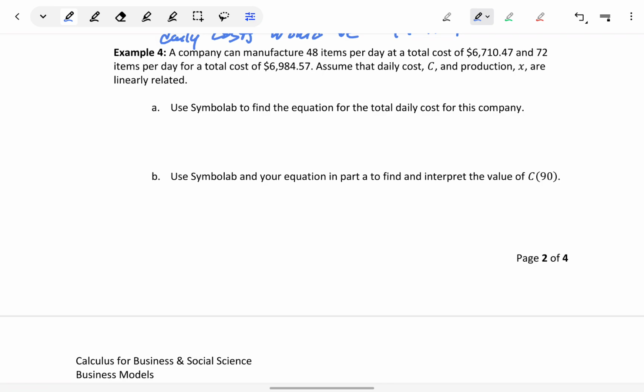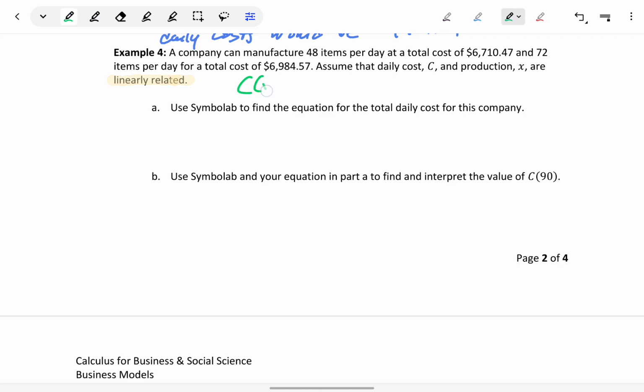Now in example 4, we're going to be given coordinate pairs, which we need to use to construct our cost function, similar to what we did with the price demand function. We're told that a company can manufacture 48 items per day at a total cost of $6,710.47 and 72 items per day for a total cost of $6,984.57. We're told that cost and production are linearly related, which is important information because that tells us that we're